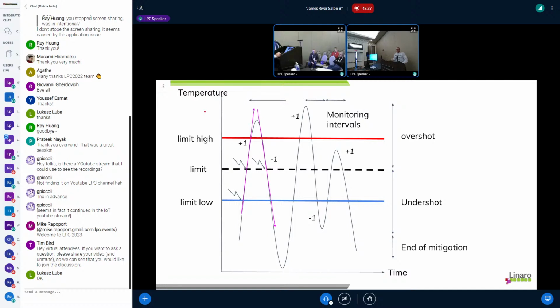So instead of having the temperature limit high being the temperature limit, we have a temperature limit high and a temperature limit low, and in the middle we put the temperature limit we are aiming to mitigate. So from there we do a forecast, we try to predict when we will reach this temperature limit, and we set a timer at this moment. So basically that's the idea. There are no experiments yet.